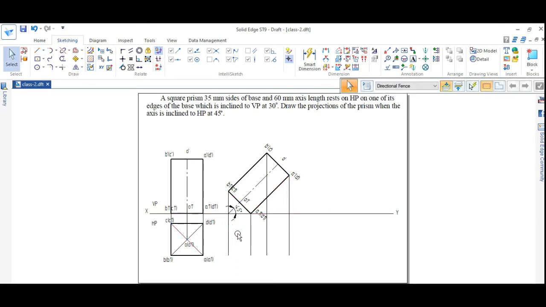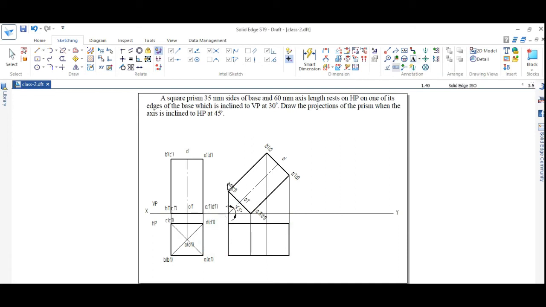First, initially, what I said, when a view is being seen from this direction, right? So the outer line will be the visible line, right? So what I do first, I will select the visible line and I will just connect the outer portion, right? So the marking of the points should be made properly. So this is C1, right?